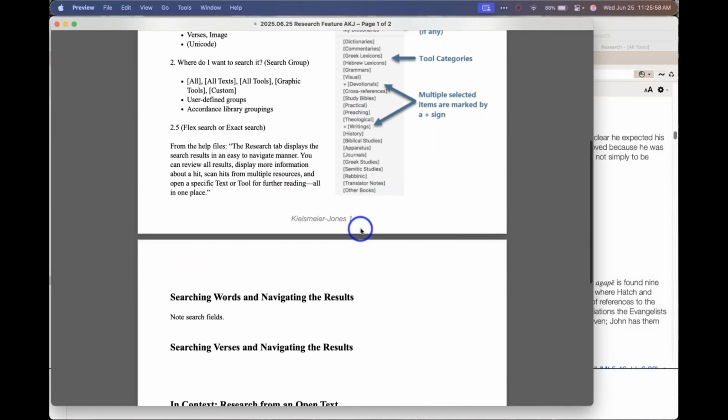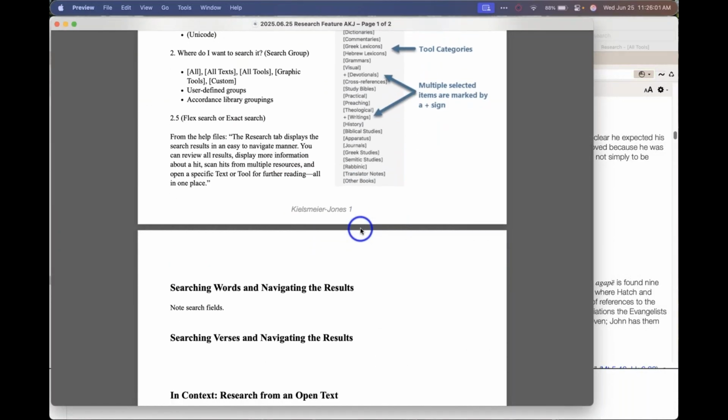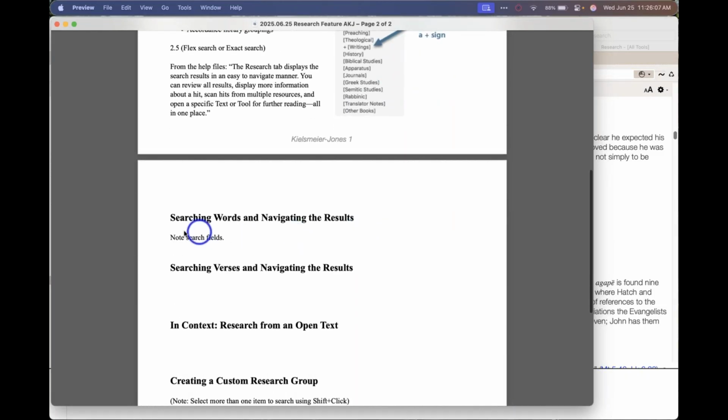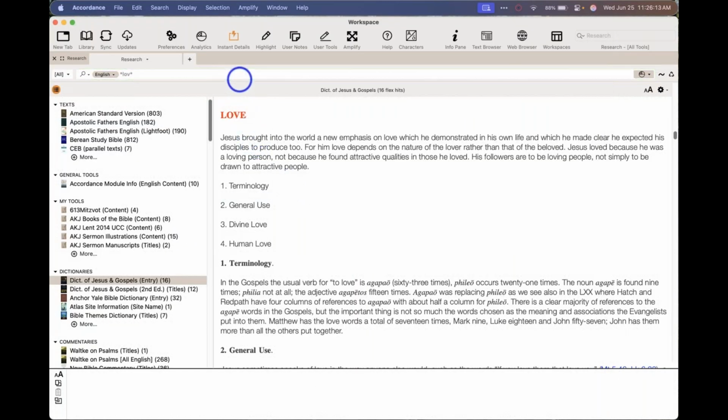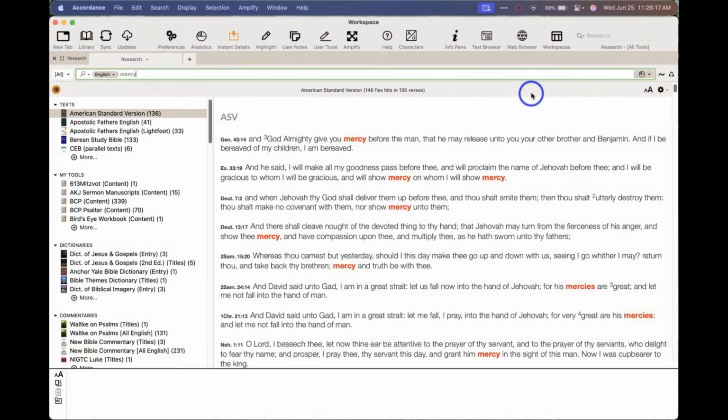All right, let's talk about searching words and navigating results, and then we'll talk about searching verses and navigating results. I noted the search fields already, so let's talk about words. And again, we've kind of been doing this already, but let's go back to mercy. Let's actually look at the results. I'm just going to take the word mercy and we'll do the flex search so we get mercies. All right, so I'm doing search all, and we know that this can get more granular, but let's just do